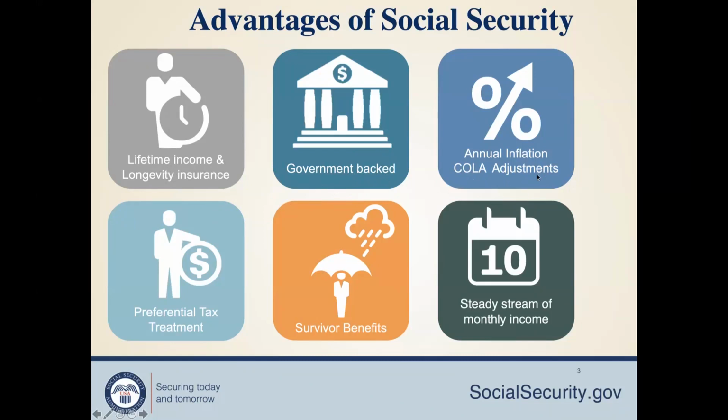So annual inflation adjustment is COLA. COLA is cost of living adjustment. So they match the inflation, right? Even your salary currently, so many companies are not increasing it to match even inflation, whereas here they have a huge component of inflation. That means whatever money we are talking about here, it is in today's dollars. So even if you are talking about a future benefit, you don't have to discount it. It is not like a constant.